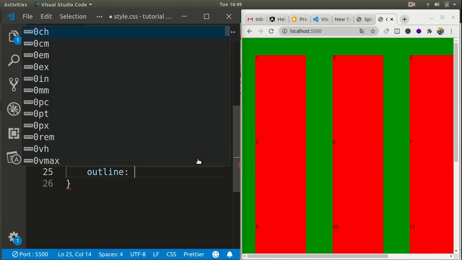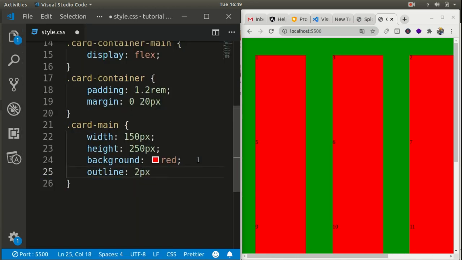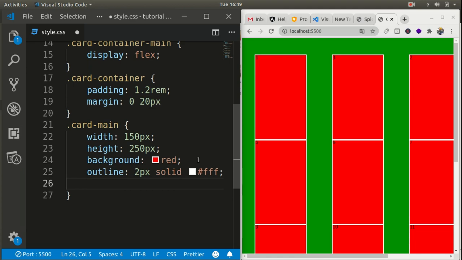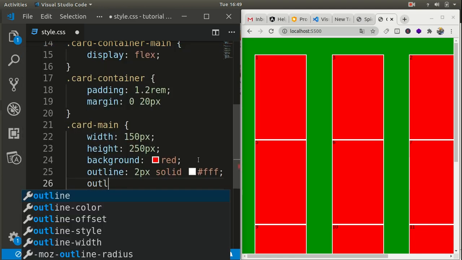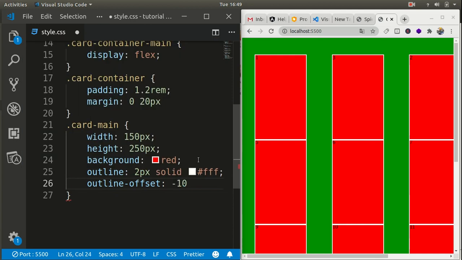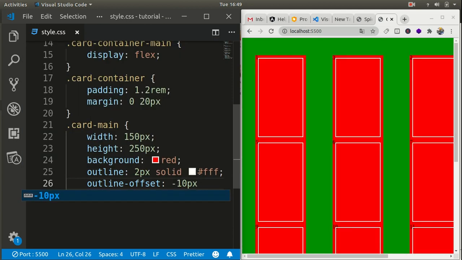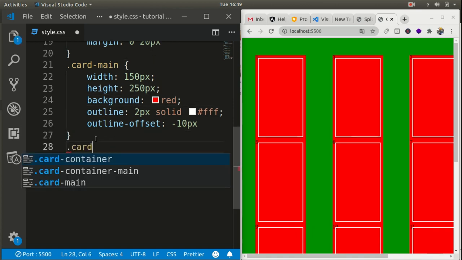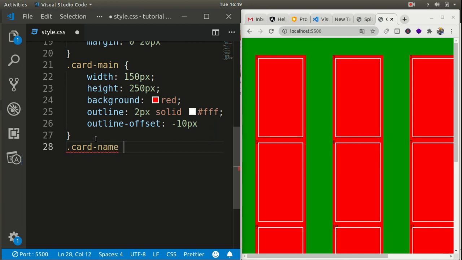Define outline of 2 pixels solid white, and outline offset of -10 pixels, and inside card main we have card name, so we will style it too.